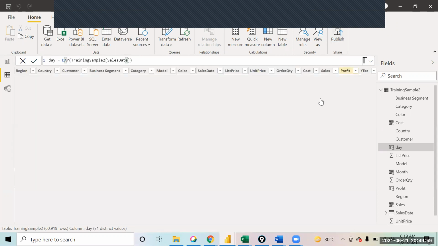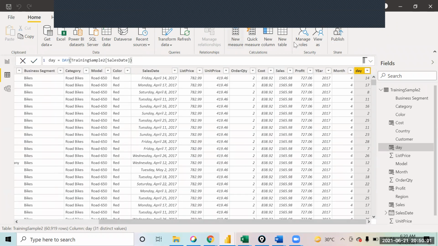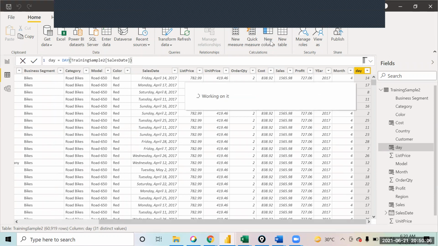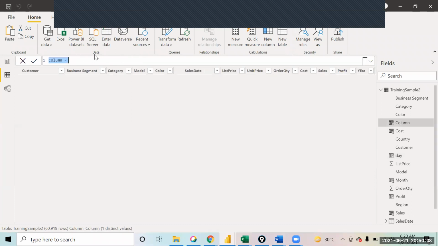So over here, similarly, you have the week number function as well, right? Suppose you add a new column, you want to extract the week number.